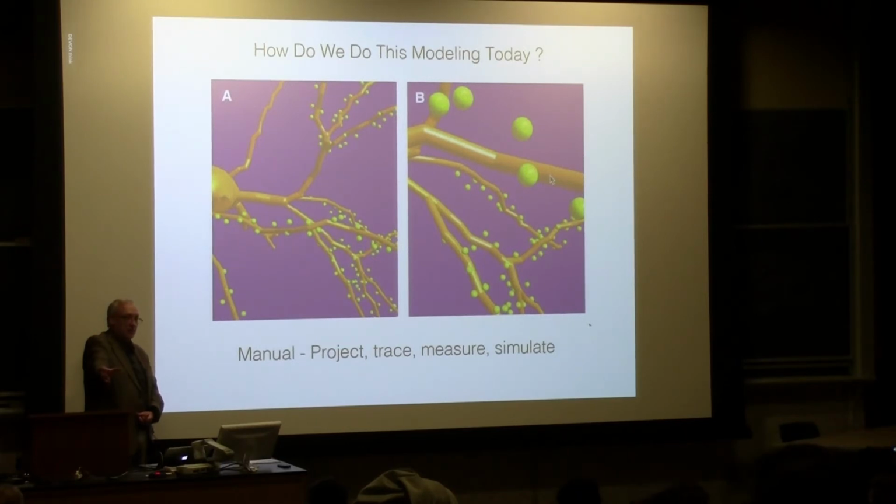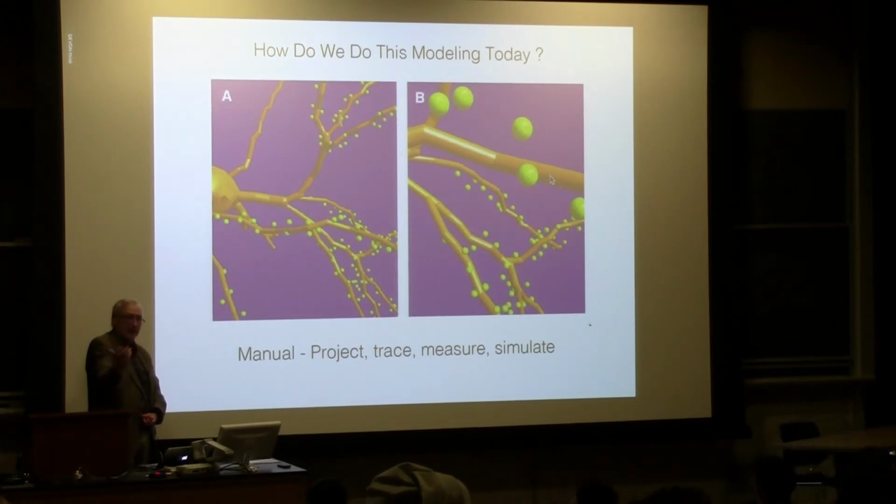And what did people do? They literally traced with a pencil the outline of the neuronal dendritic tree on that piece of paper. And by knowing the field of view, the magnification, they could get a distance metric, and from that piece of paper tracing, measure